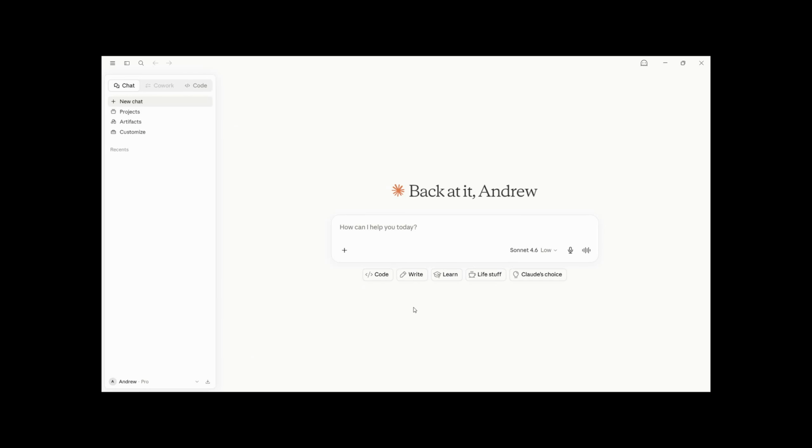For the purposes of this demonstration using a natural language model, I'm going to be using the Claude desktop, but this could be utilizing ChatGPT or any other AI natural language solution of your choice. You can see here that I'm in the standard prompt, and I'm going to ask the system whether or not it has access to my Advanced Inquiry MCP server. This has been set up in the background as a